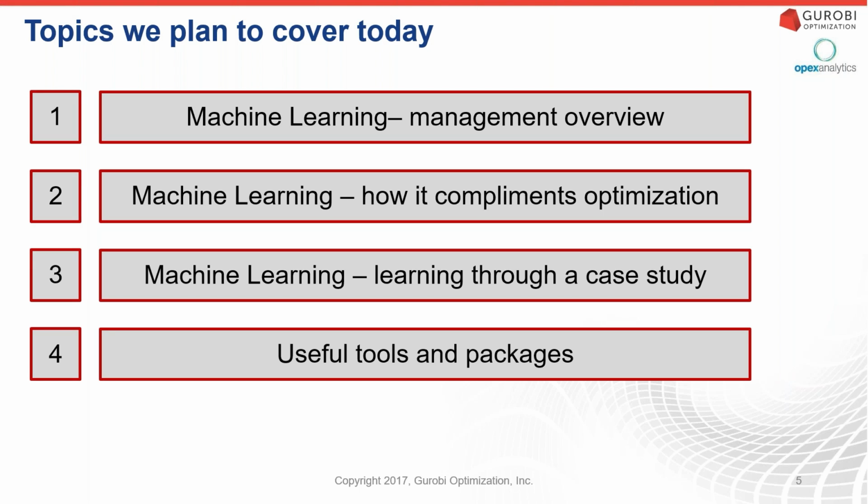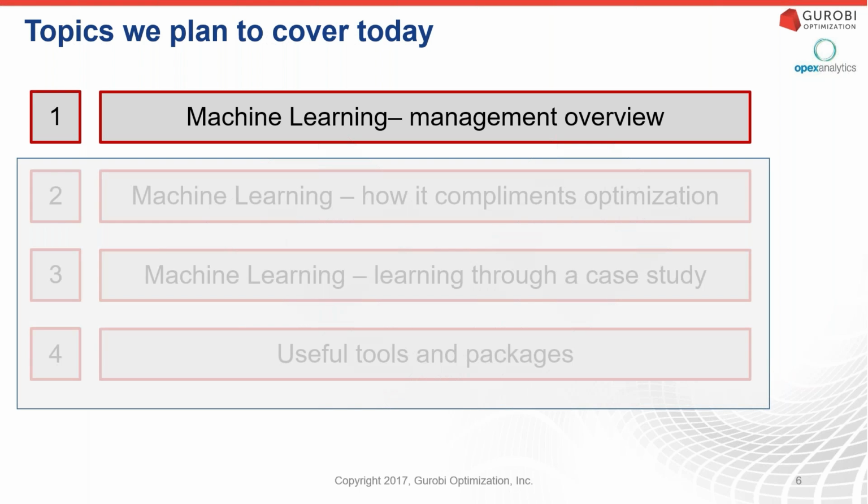And as a side, one of the things that I like to think about is that in 10 or 15 years from now, we're not going to think of machine learning as a new thing or a different thing. It'll just be one of the toolkits that people who are experts in optimization know and use on a daily basis to enhance their optimization modeling. So this presentation is going to be an introduction to that and say, how should you be thinking about machine learning as it complements how you work on optimization problems?